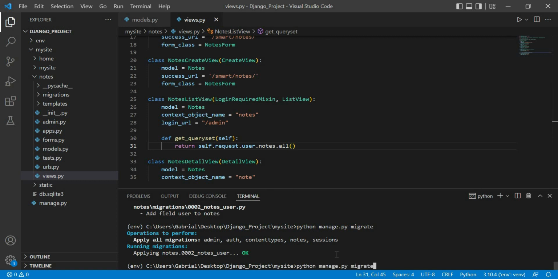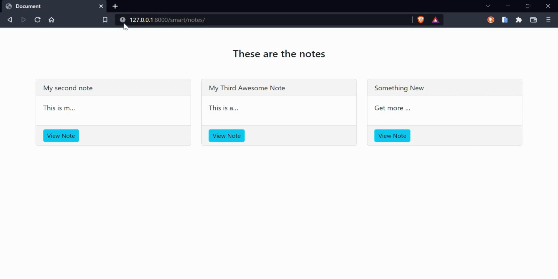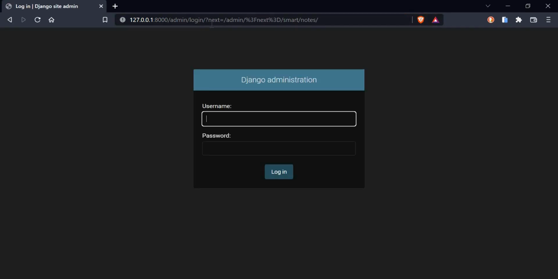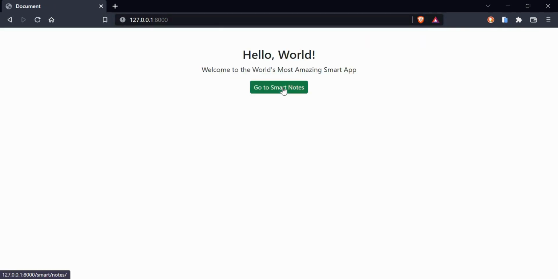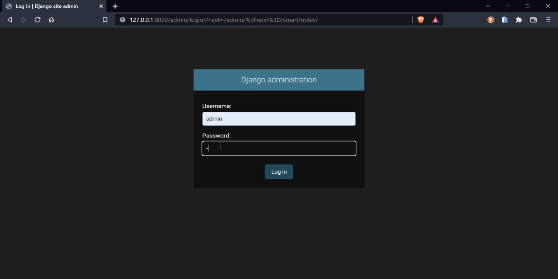Okay, so let's run this. I'm going to say runserver. Let's get to our page and hit enter. Now you can see that it's not letting me see that. If I go back to my page here and try to go to Smart Notes, it's asking me to log in. Let's try logging in,